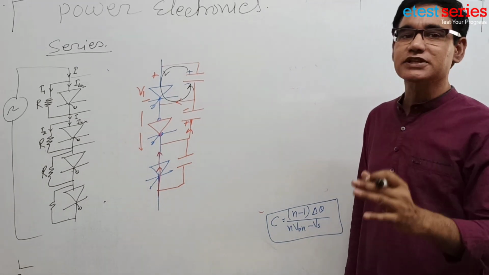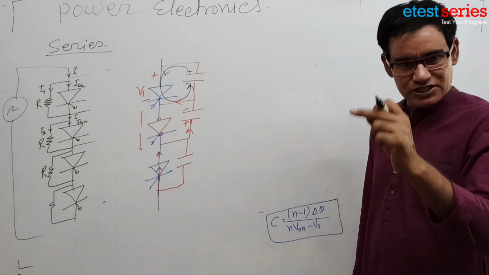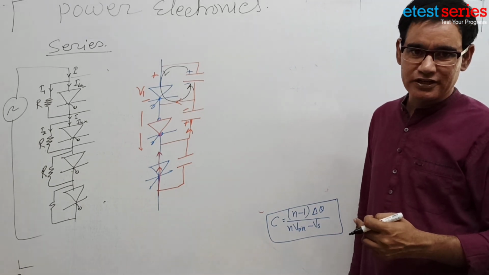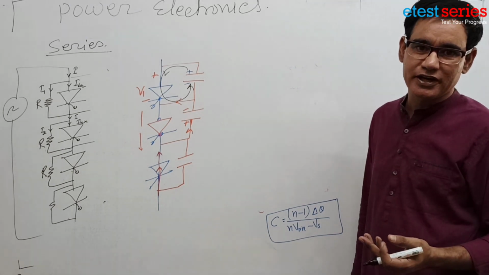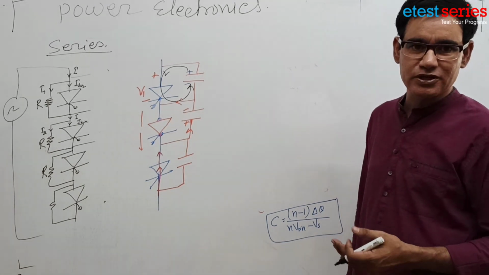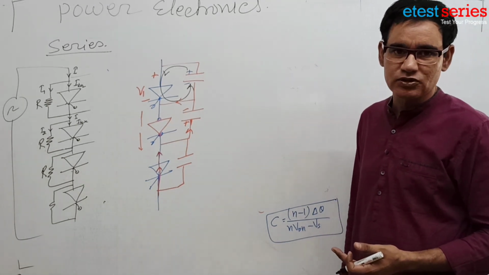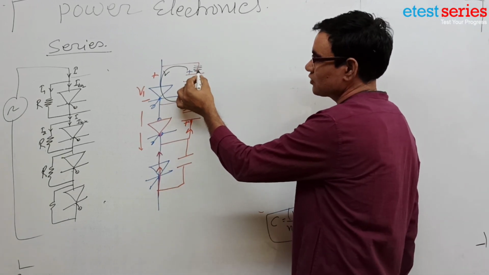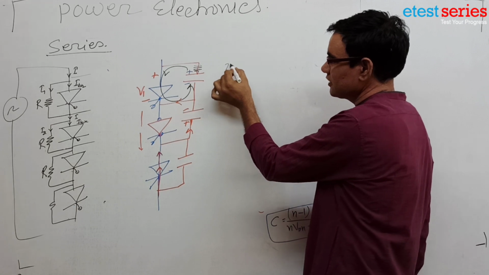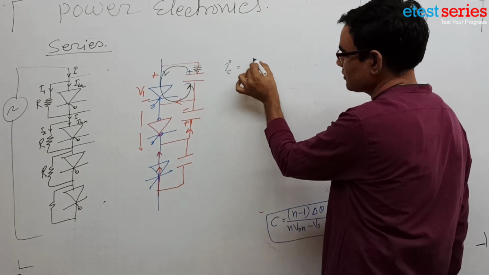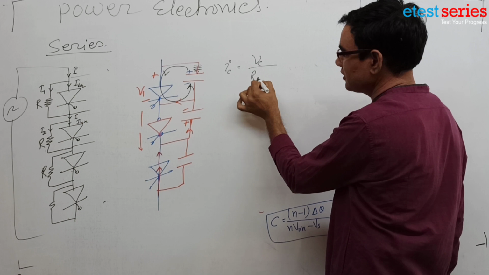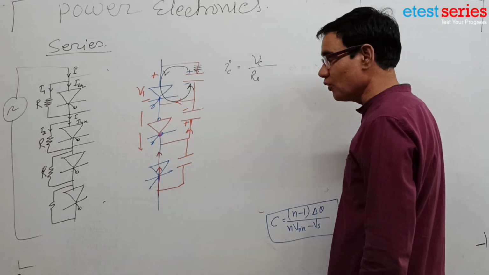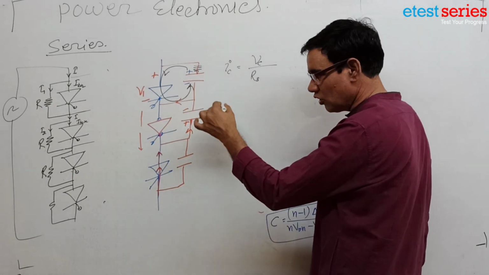To avoid this damage, note that the capacitor discharge current will be higher than the rated current of the SCR. This is not the load current, but locally the capacitor will carry that higher current. To overcome that, a resistance will be connected. The capacitor current is equal to the capacitor voltage divided by the series resistance. In this way we can avoid this overcurrent when it gets turned on.